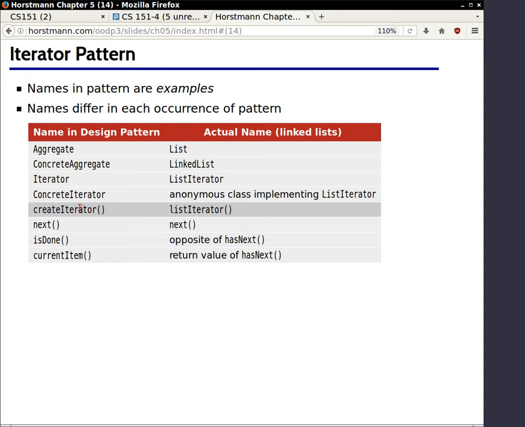The one that's a little bit weird is the current item method. The way the pattern people envisioned this was that when you have an iterator, you can call next, next, next, next, and move it through the structure. Or you can say, what's under you? Next, what's under you? Next, what's under you? And so on. In Java,